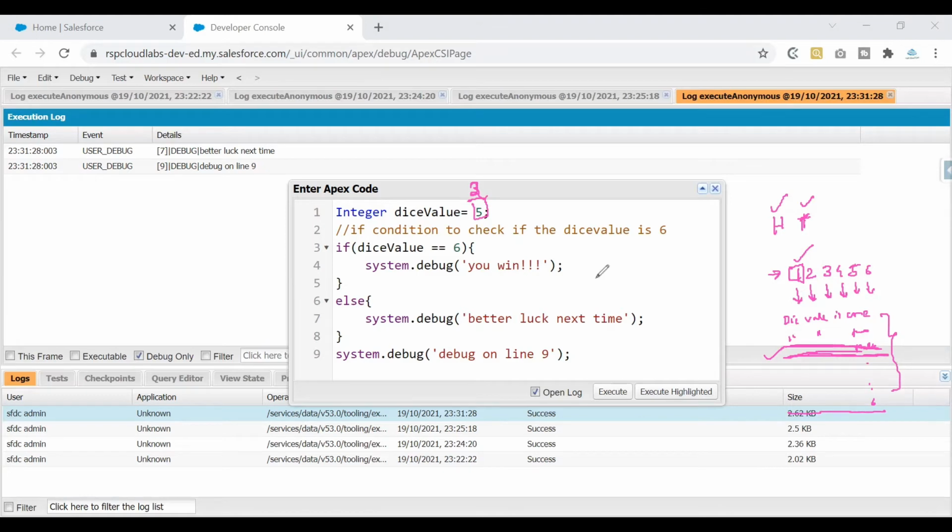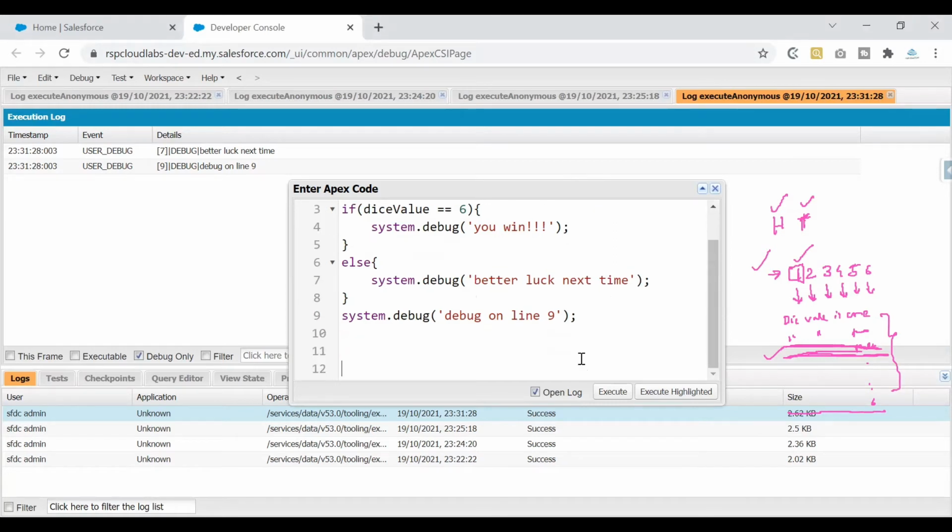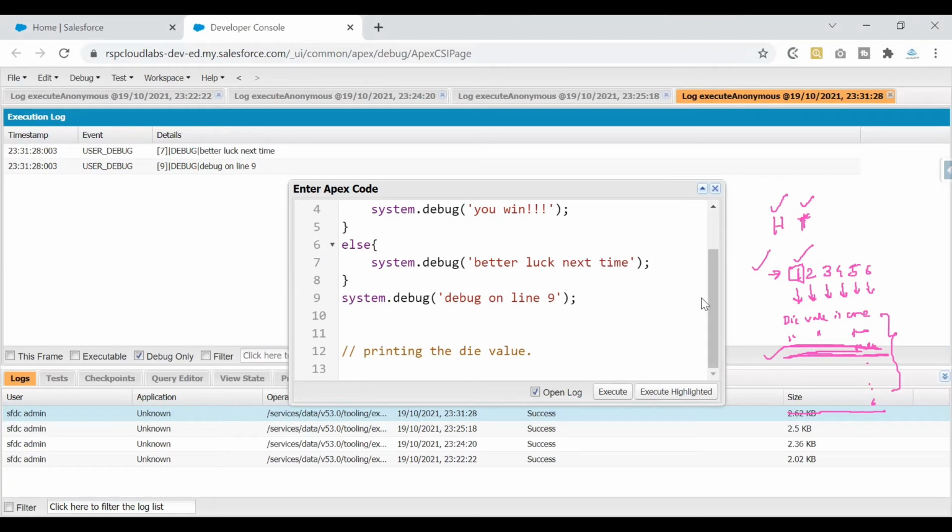Feel free to pause this video and give it a try. In case you do not get it, do not worry. We'll continue this video in which we'll see how exactly we can code this. In 3, 2, 1, we'll get started. Now we need to come up with a code in which we can satisfy this requirement. I hope you have got the answer. In case you have not got it, do not worry. Follow along and we'll see how to code this requirement. So this is the requirement in which we are printing the die value or the dice value. Now let's see how to go about it.